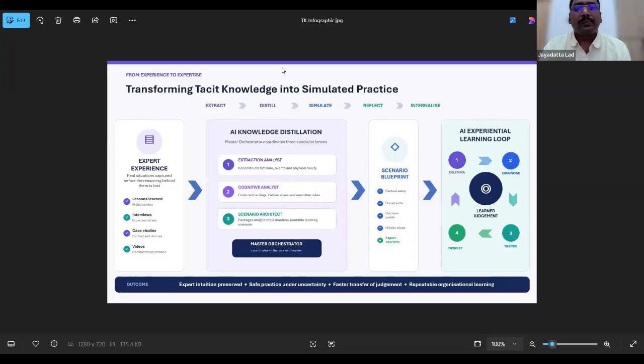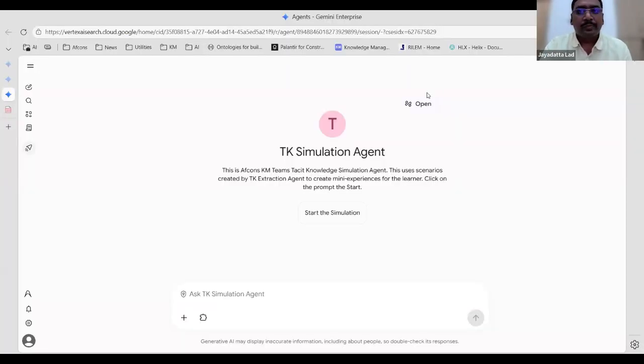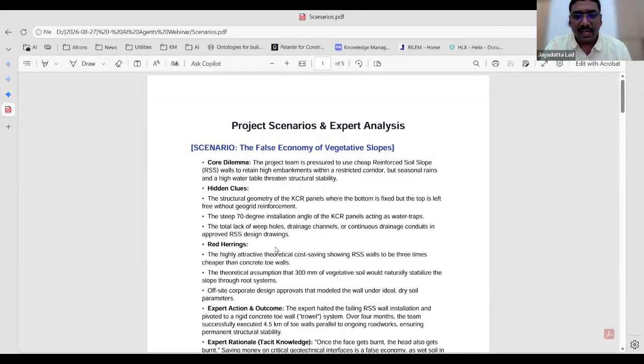Let me just show you that. Right, so this is the second part, the TK simulation agent, and the input that goes into the agent are these scenarios.